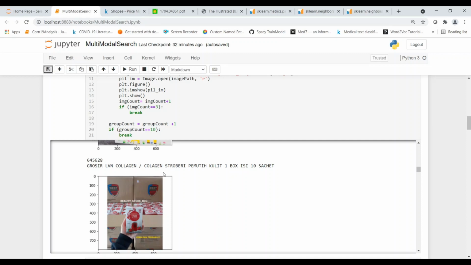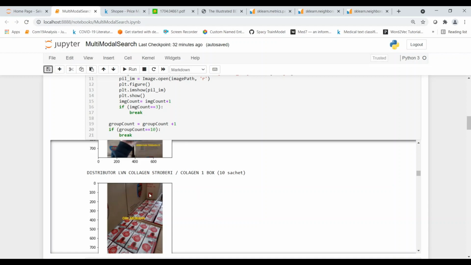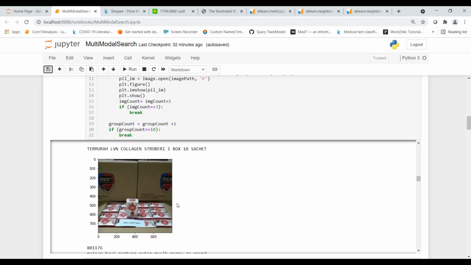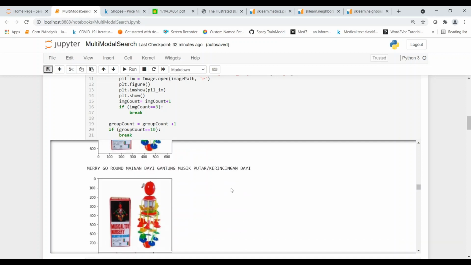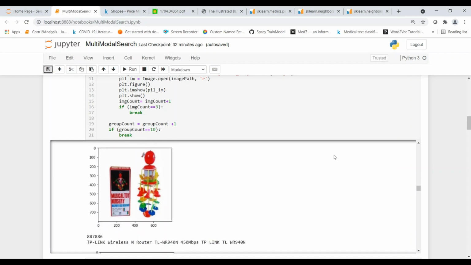You have a description, a slightly different image and a slightly different description, but the same product. So I think you get an idea that you can have different descriptions and different images, but they belong to the same product. This is how this database is present.